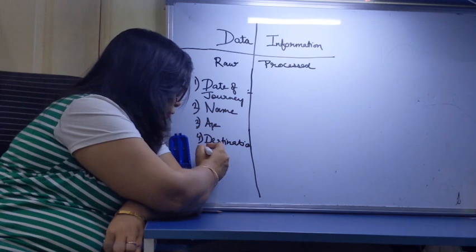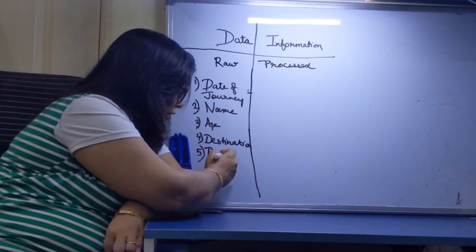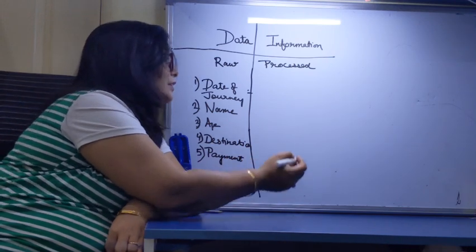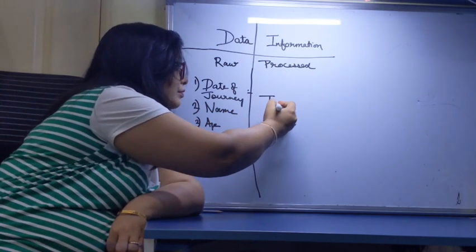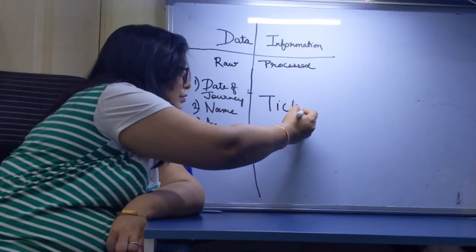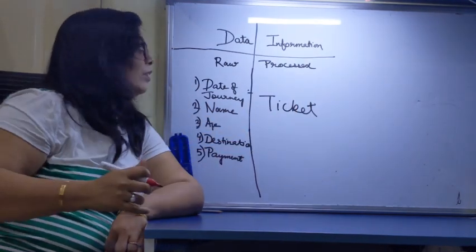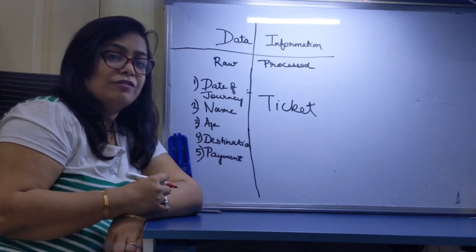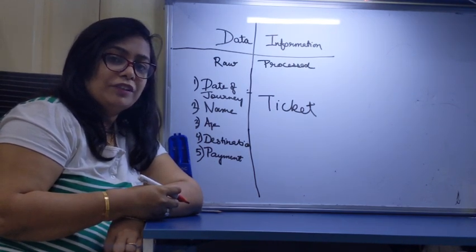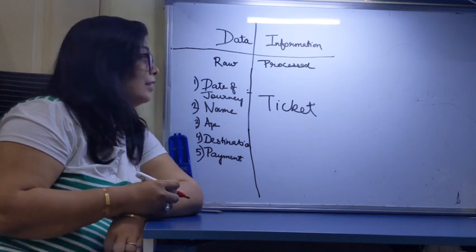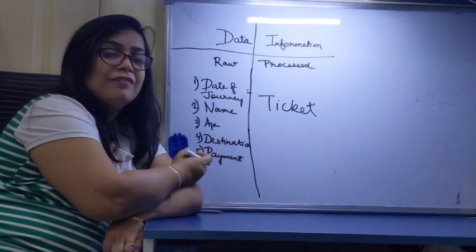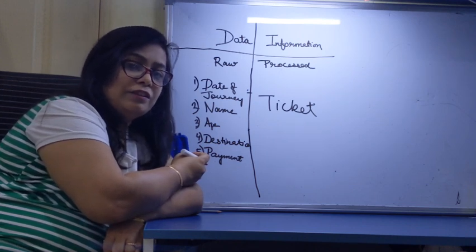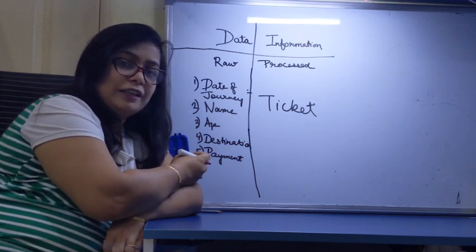So there are different modes of payment. Let's not go into that. Okay, you will make payment and what you will get in return is a ticket. So all these were data. They were raw. They were a kind of inputs which you have given to the computer, and then it is processed into something called a ticket, which is useful to you for going somewhere. Otherwise, you can't just go with the data. You need something concrete. Okay, fine.